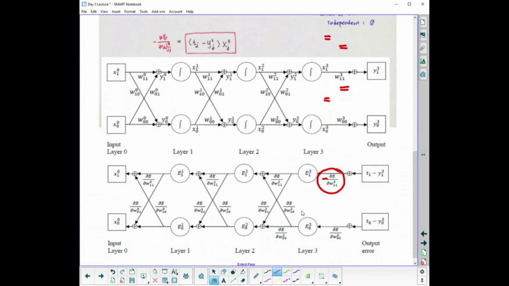The feeding is already done. If we make the new network, actually we need only the first part, Tj minus Yj layer 3. So you can put one new node here on the backpropagation network